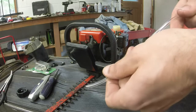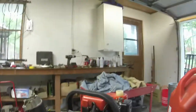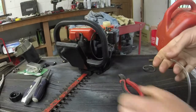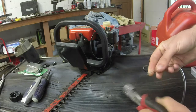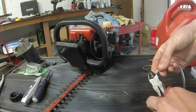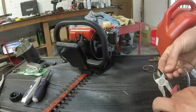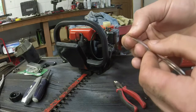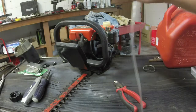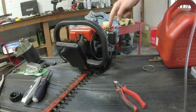What I'm going to do before I cut anything off is, I'll show you close up. What I usually do is I take some pliers and try and feed it through there. One trick I learned, and I can't for the life of me remember who I saw it on their YouTube, but you cut an angle off of the line. You could use these angle cutters, which don't do the best job, but they do a job. And so that allows you to at least get it started in the fuel tank. So I'm going to go on the left side here for the inlet,